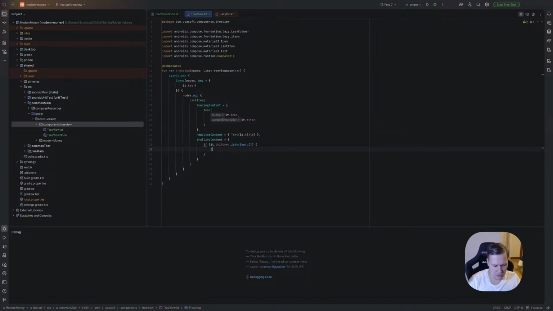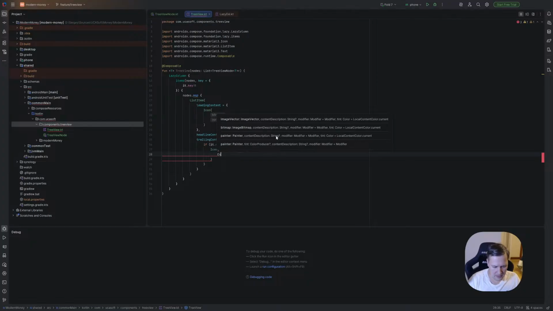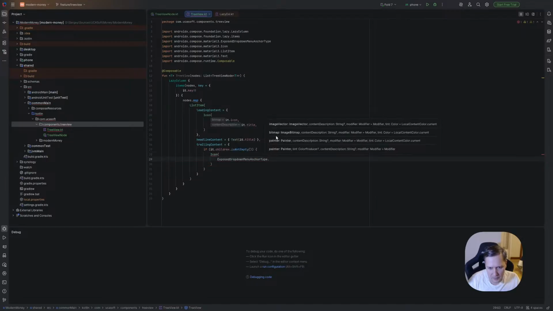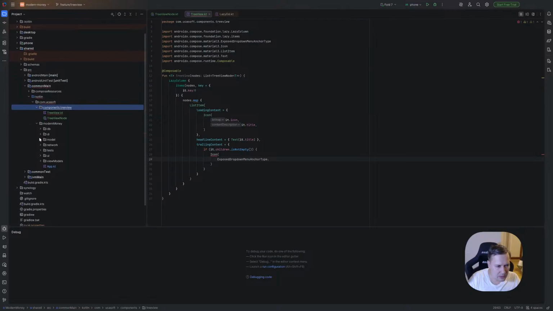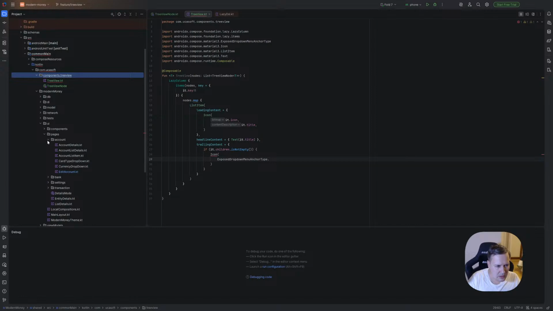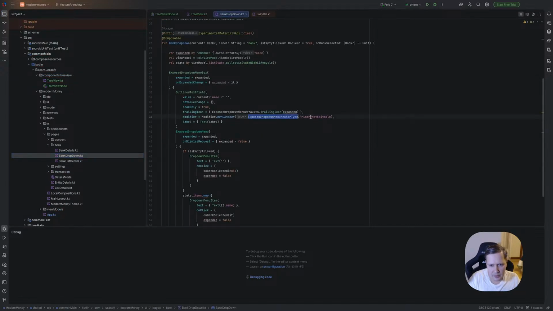We need to show icon, but expand, where we have it, we should have it somewhere in UI, in pages, in bank. As I remember, we have bank drop down.